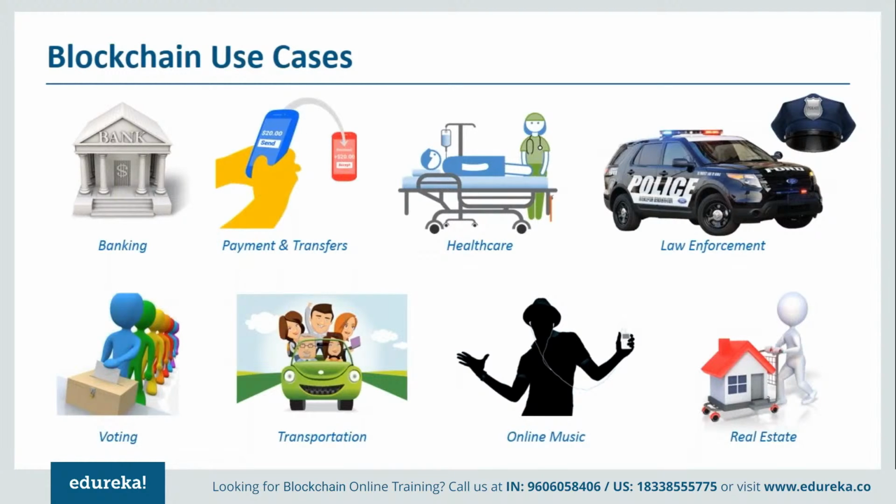Law enforcement would also be a useful domain. Here you can share the data of all the criminals. It could also bring some awareness to the public, giving them knowledge of the common thieves in their area, and make it quite easy for inter-agencies to share their data. Then you have the voting domain. Now the voting domain, I will talk about extensively in the upcoming slides. Transportation is another